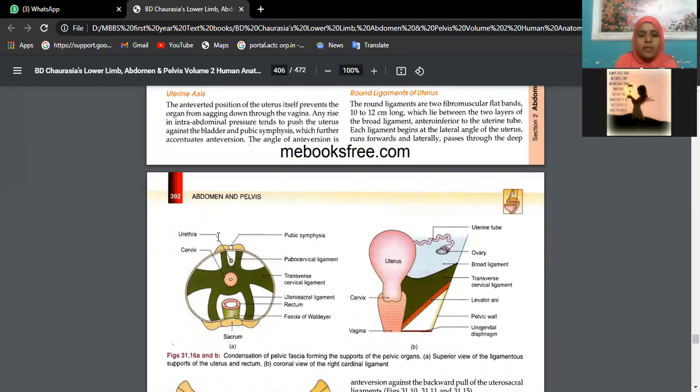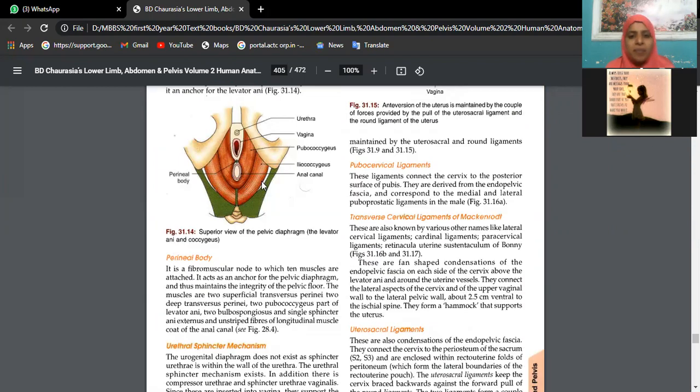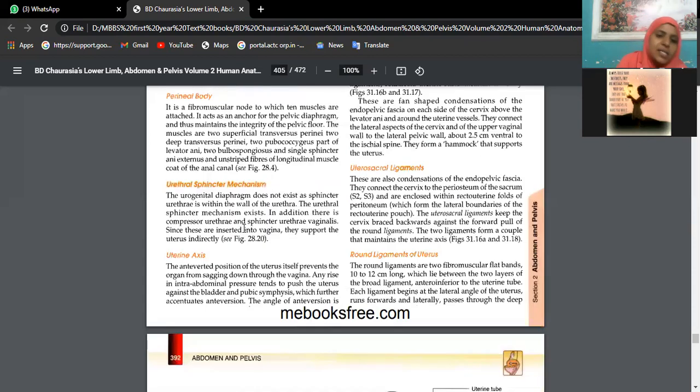What are these supports for? They are holding the uterus in position so that the uterus is not slipping down and is not coming out through the vaginal orifice. Prolapse is not occurring because of all these supports. From lower down, we have the pelvic diaphragm holding it firmly. See, this section has been taken at the vagina, that means the support is down. It serves as a hammock which prevents prolapse.